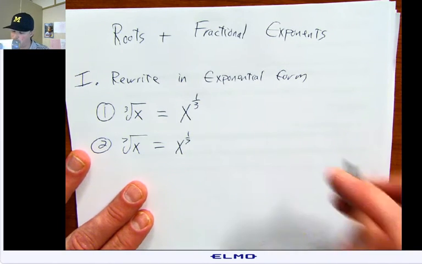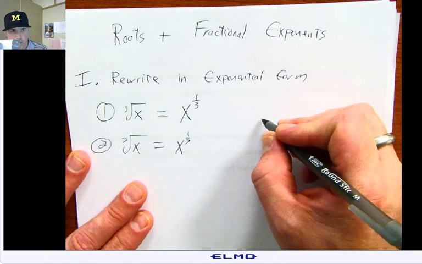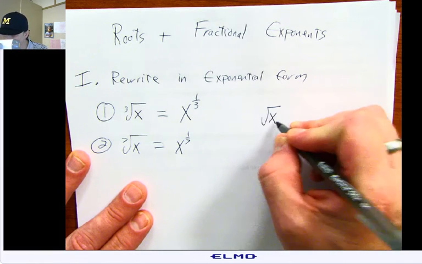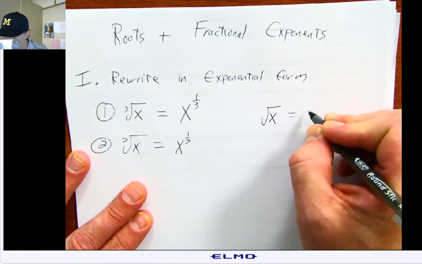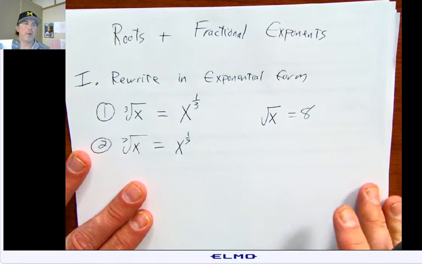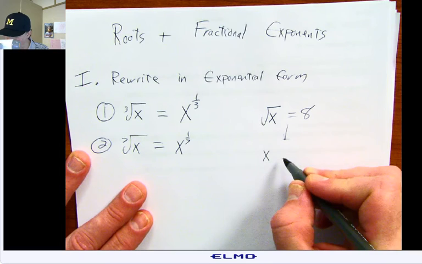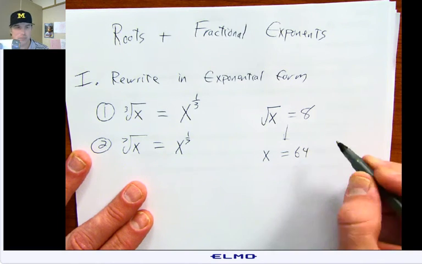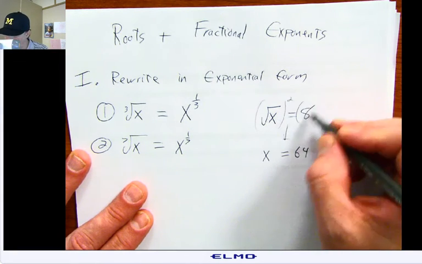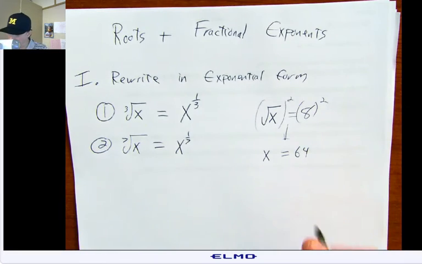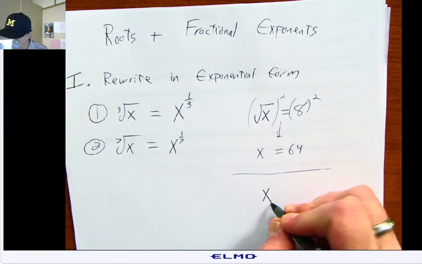And if you think about something like an equation, let's go with if the square root of x is equal to 8. Well, we learned to square both sides of this and end up with x equals 64 by squaring both sides. So if you thought about it as a fractional exponent,